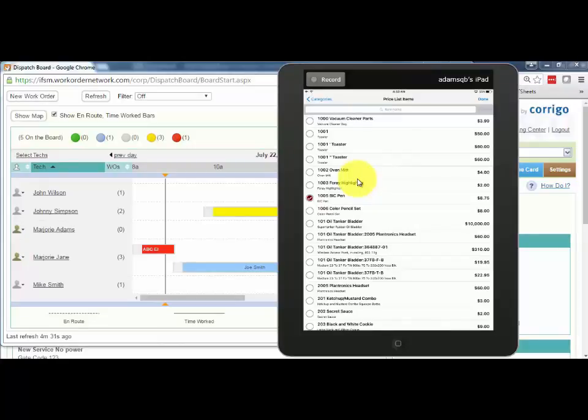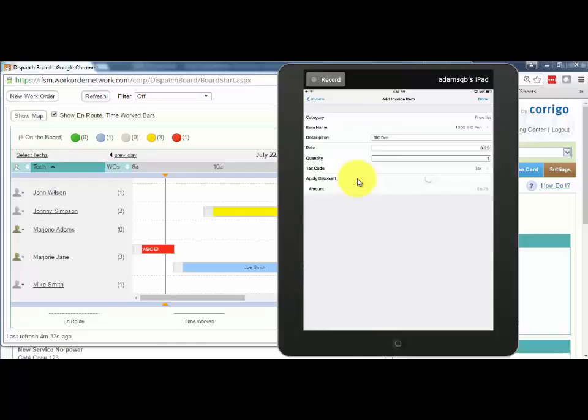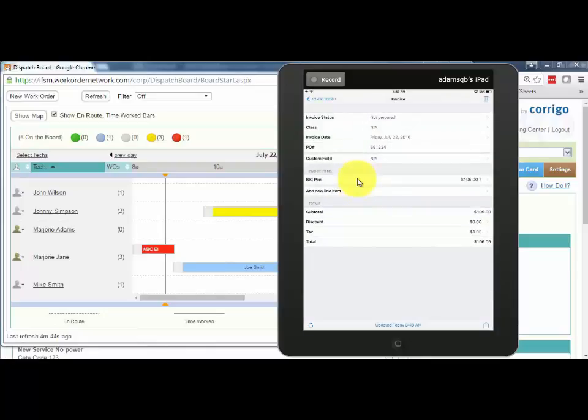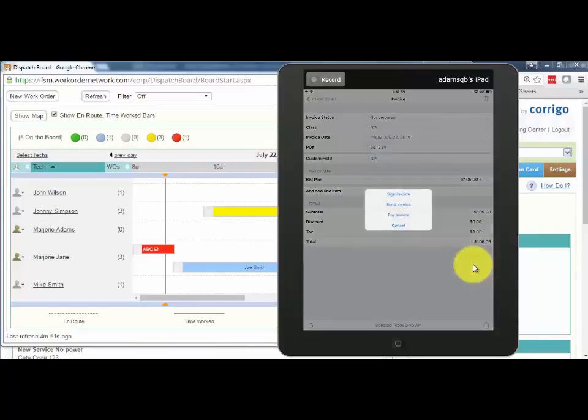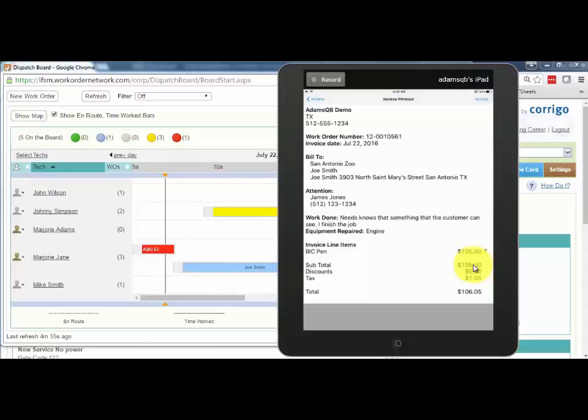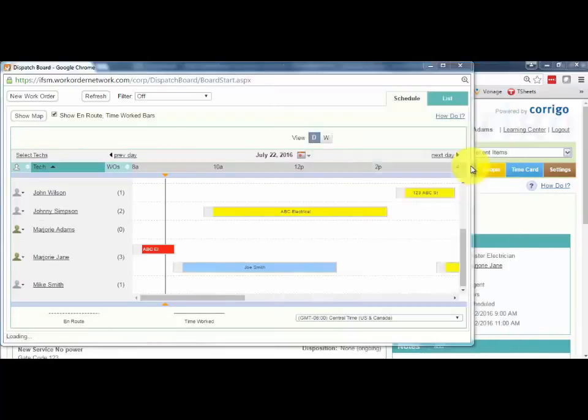So I'm going to go ahead and add a Bic pen to this work order to show that I used it. I can come in here and say that I added 12 of them as an example. We do have the ability to do some discounts in here as well. And it is a taxable item, so notice that we can keep track of sales tax in here. Okay. Now I can take a signature on the invoice as well, so this looks a little bit different. It still has the work done description, etc., but it's having the customer sign off on what they're paying. Okay, so again,